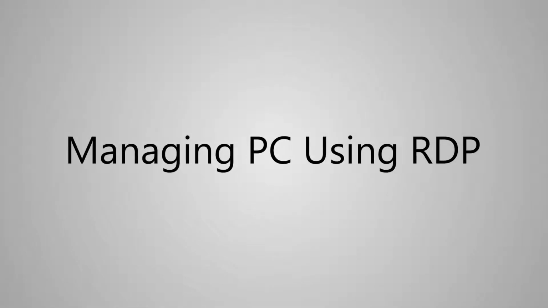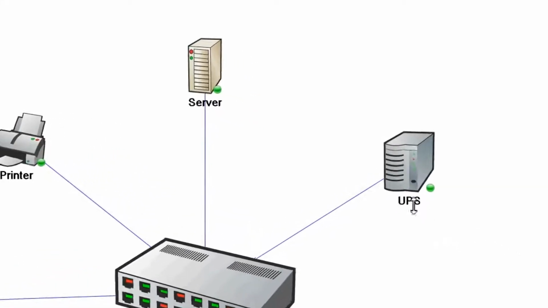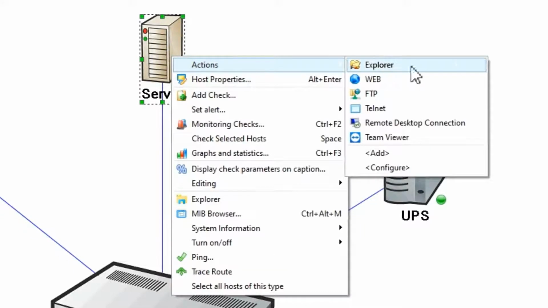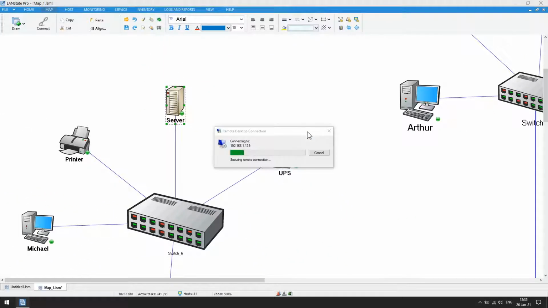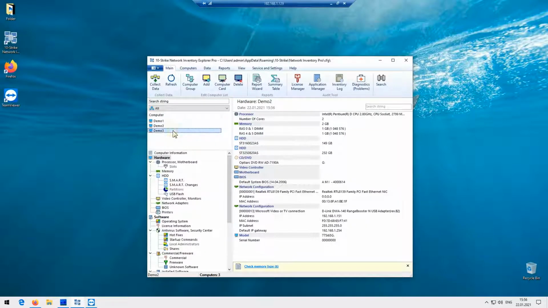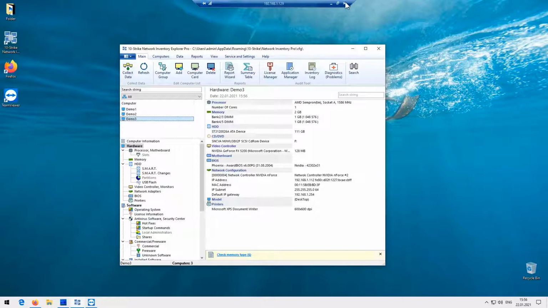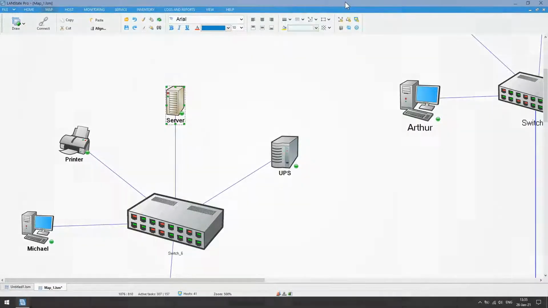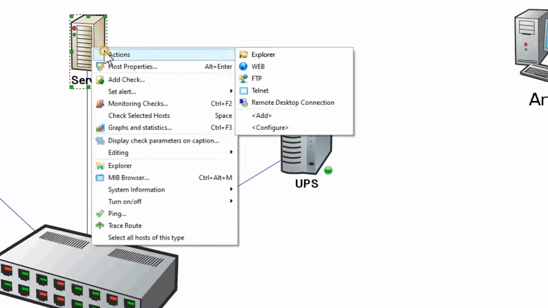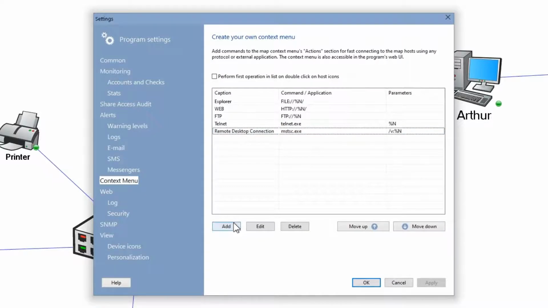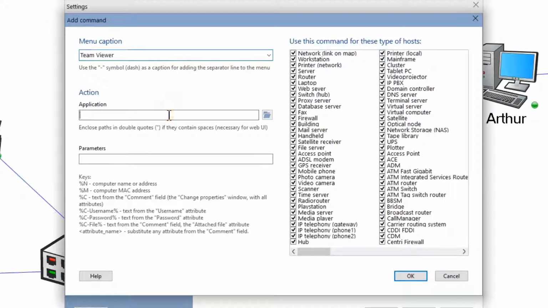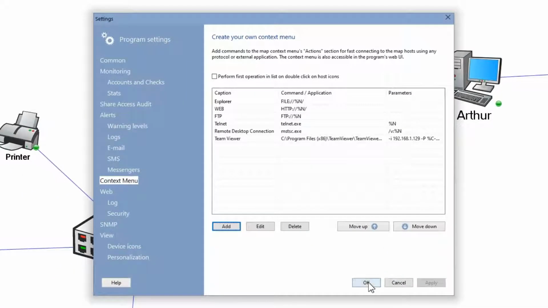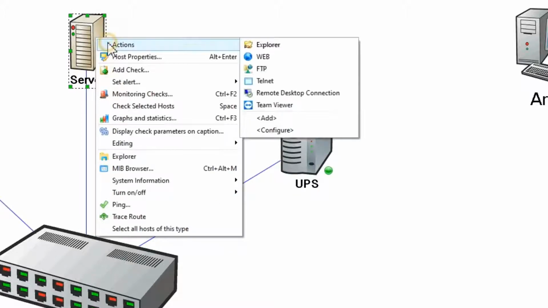If you need to connect to a computer using the RDP protocol, then you simply select this item in the context menu, enter your username and password, and you get access to the remote computer. The program allows you to set up a custom submenu in the Map context menu for managing devices and containing actions for performing various operations with a host. For example, it can be the ping check, opening a web page, opening shares, starting a remote session via RDP, or using any other installed remote control programs.